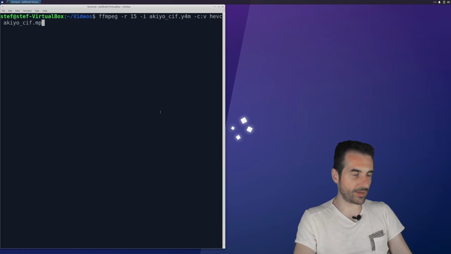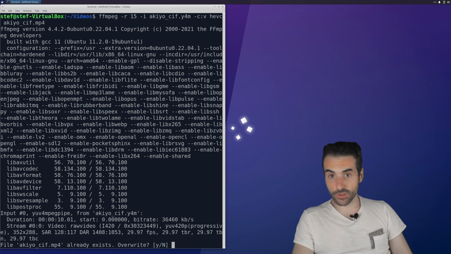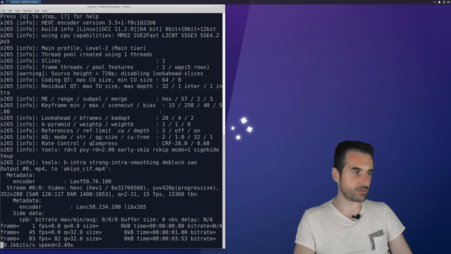And the name of the file is the MP4, so we're going to overwrite the MP4. Here the software tells me, pay attention, you are writing a file that you've already written before. So you would like to overwrite, we put yes. It goes on